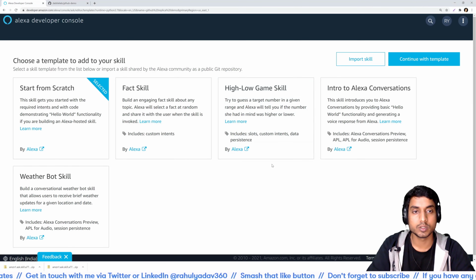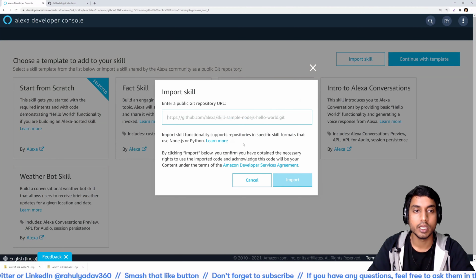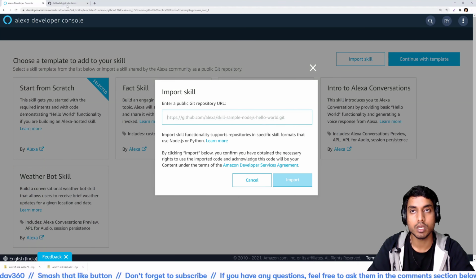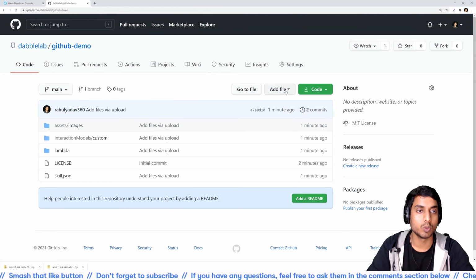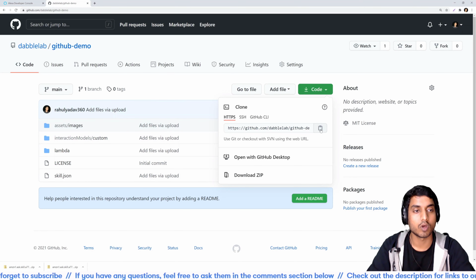On this page is where we'll be importing our skill code. You see this import skill button option over here. If you click on this button, then you will see a text field where you can paste your GitHub repo URL. So we'll go back to our GitHub repo, and I'll click on the code button, and here you can see that we have a URL for our GitHub code.